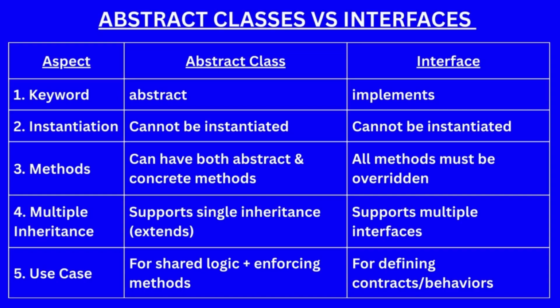functionality. In summary, abstract classes help in code reusability with some predefined behavior, while interfaces help in defining a set of rules that classes must adhere to. Understanding the difference between the two is essential for designing efficient and scalable